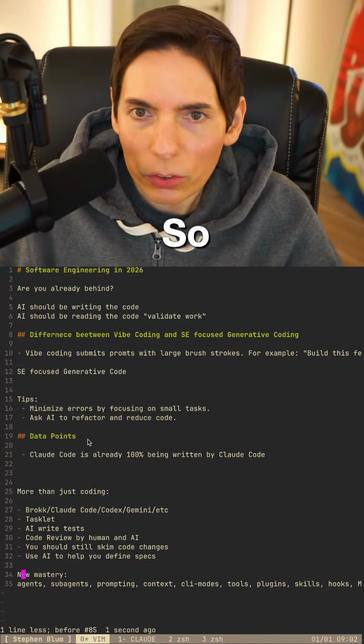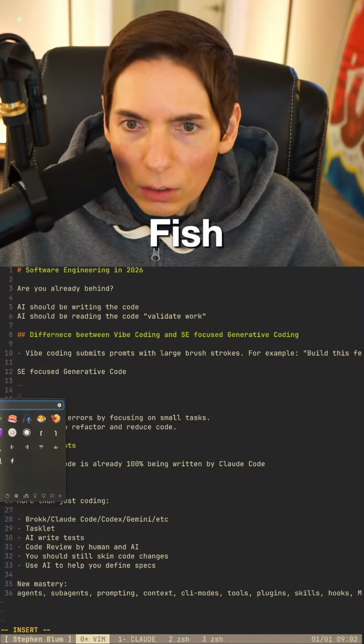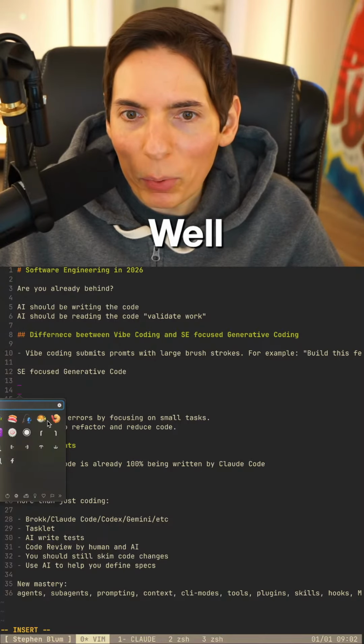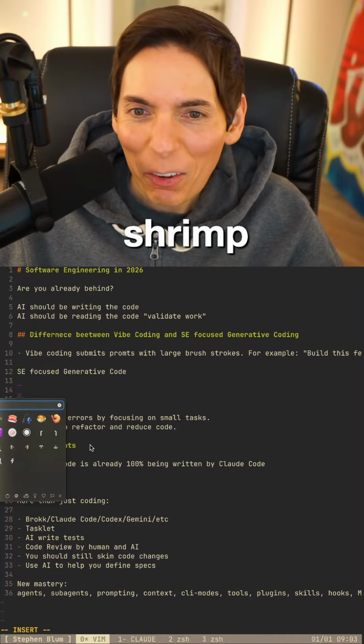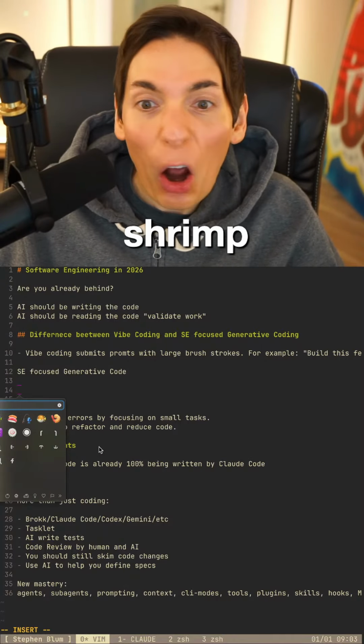So here, I can show you on the screen. So here are the emojis, right? Seahorse. It doesn't show up. I thought there was a seahorse emoji. Fish. Well, there's a shrimp. But it's already a cooked shrimp, not a live one.